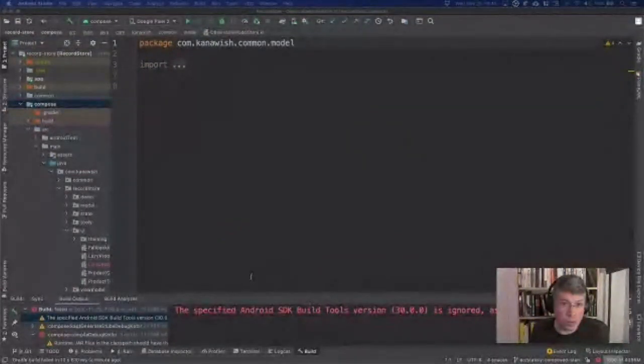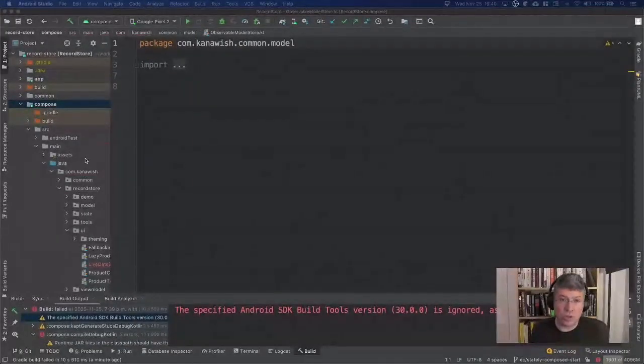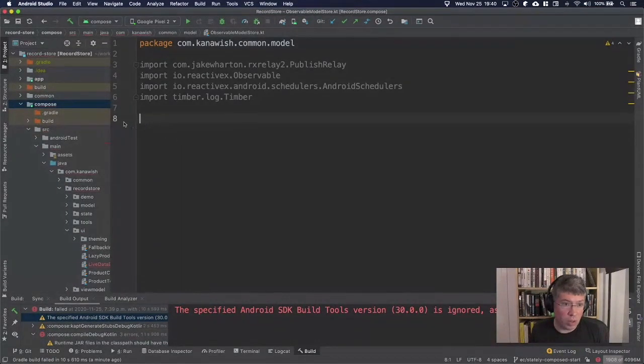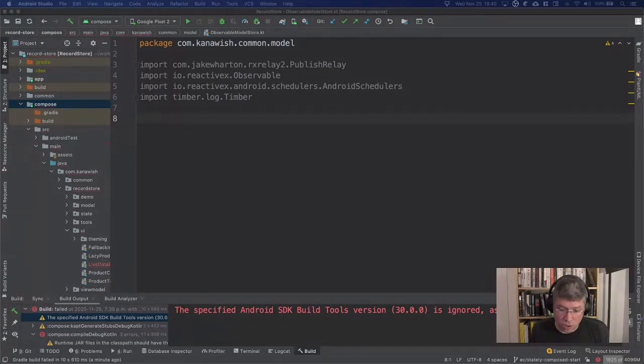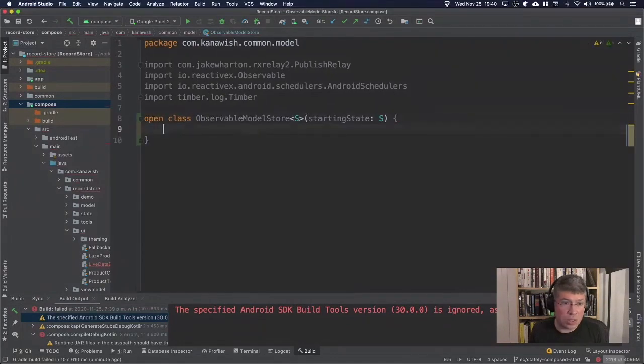All right, so for RxJava, we're going to slightly change our approach. So we're going to use something called a model store. Model stores are something I've been using for a long while. I'm not going to explain how to build one from scratch today. We're just going to basically see how it works when you want to use one. So I'm going to start with this. So to get started with one,